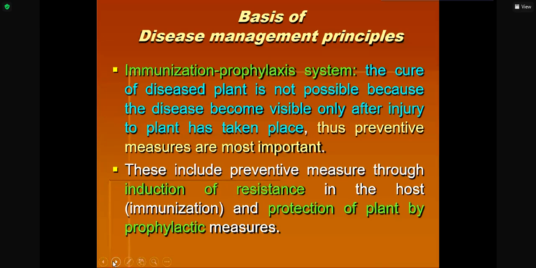For example, when we become sick, after medication we become healthy again. But in the case of a plant, if the plant is diseased, that diseased tissue will never recover, even after application of pesticide or a combination of all other techniques of disease management. Diseased tissue will never return to healthy tissue. But what we can do is protect the remaining healthy tissues, or the remaining healthy plants